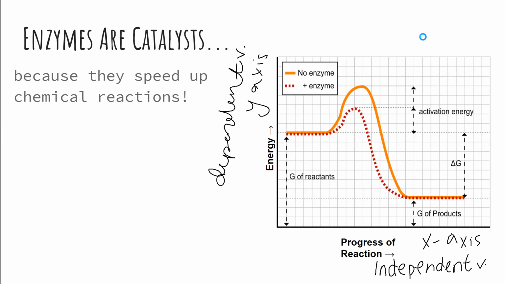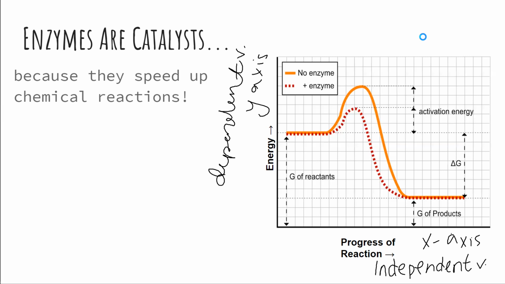And the dependent variable is what is changing depending on the independent variable. So the amount of energy needed or expended in this reaction is dependent upon the progress. So how far it goes,